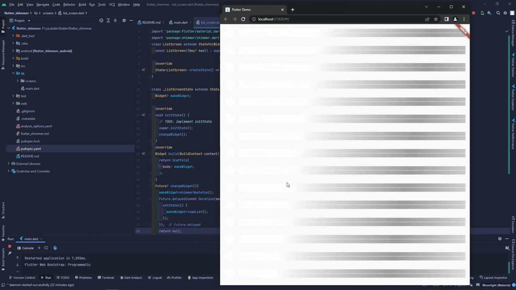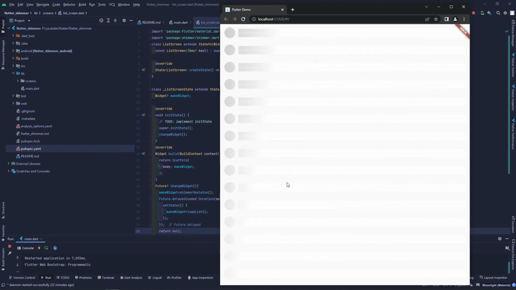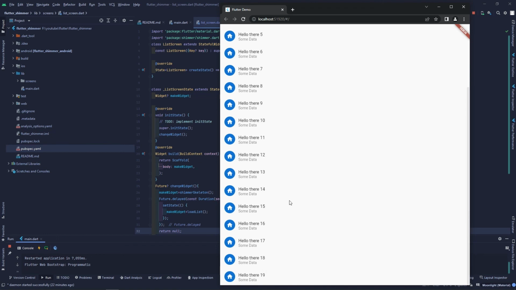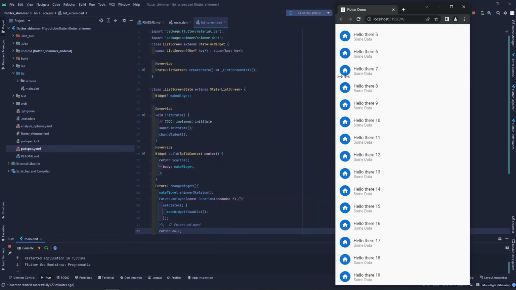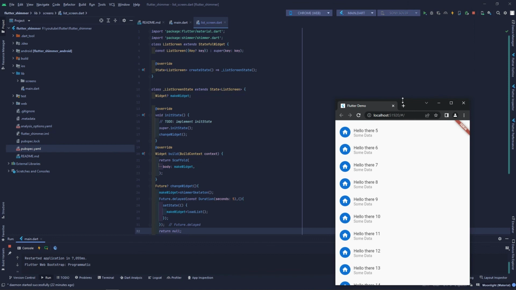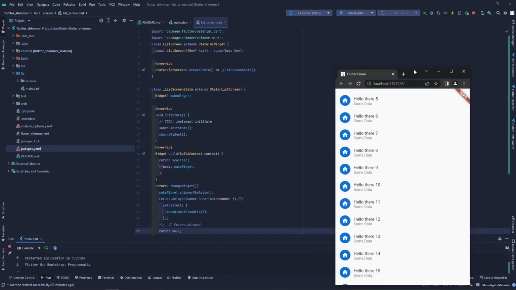Okay, so it is showing, and after 5 seconds, yeah, the data is showing. So this is all for now, and let's just make it in the mobile screen shape as the